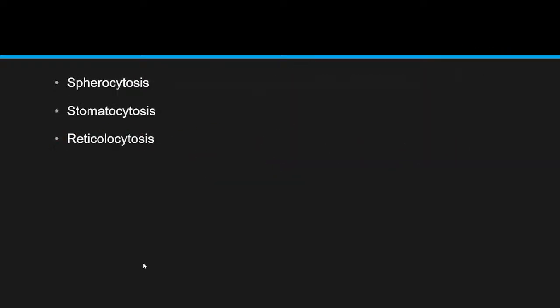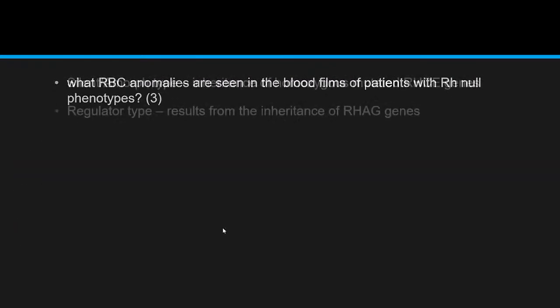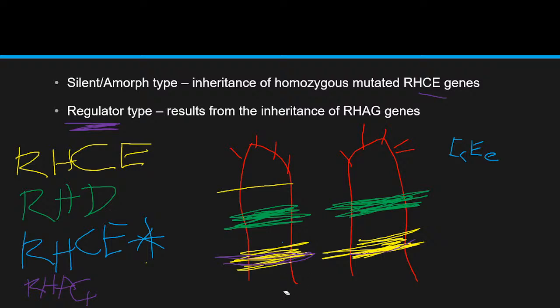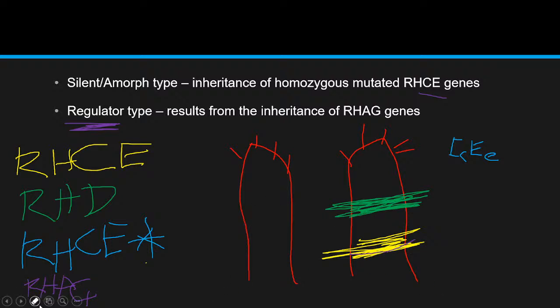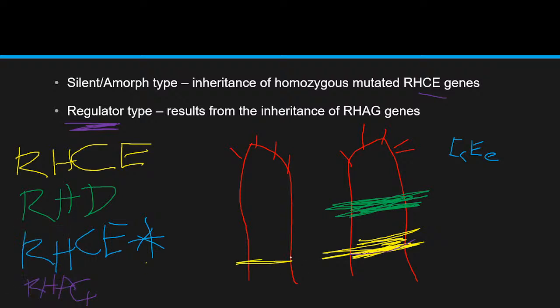So when does that happen? When does weak D happen? Let's go back to our drawing. For example, you are a person who has inherited something like this. Okay, you inherited RHCE, you inherited RHD. Both of them are normal, but there's only one. Sorry, mali pala. This one inherited normal. You inherited normal groups of this one, but you're not a person who will. You're a person who has inherited a